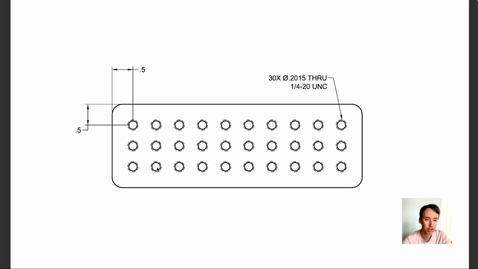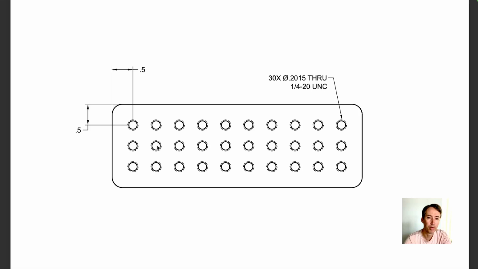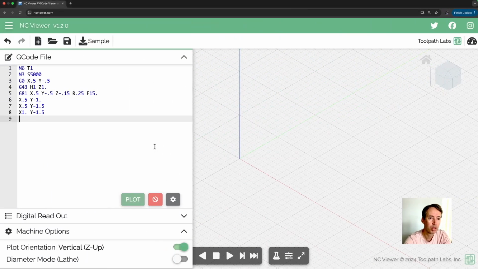And then we can move over to this one. This is X 1 inch. And that's still Y negative 1.5. Again, since we're already at Y negative 1.5, I don't need to list that second Y, but I'm just doing it so it's a little easier to read. Okay, and now let's go up. So we can go up to here. Probably an easier way to do this would have been to go all the way along X and then come down and all the way along X this way and then do it this way. Okay, so our next point,